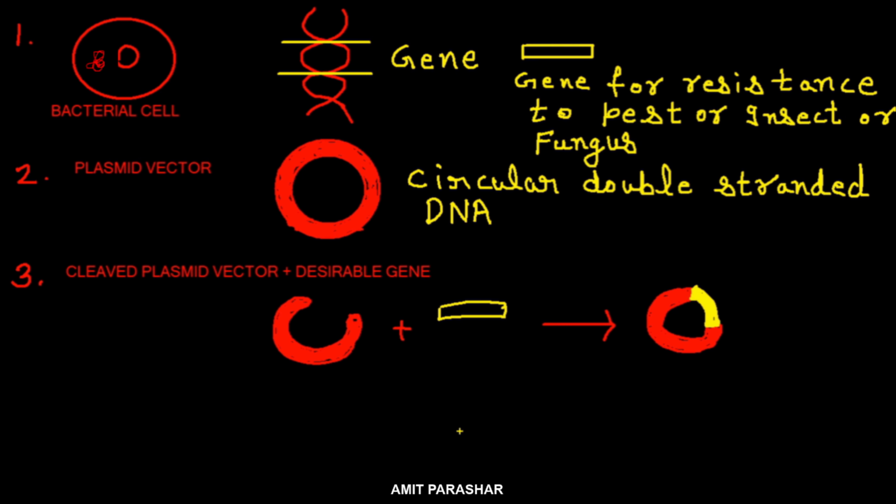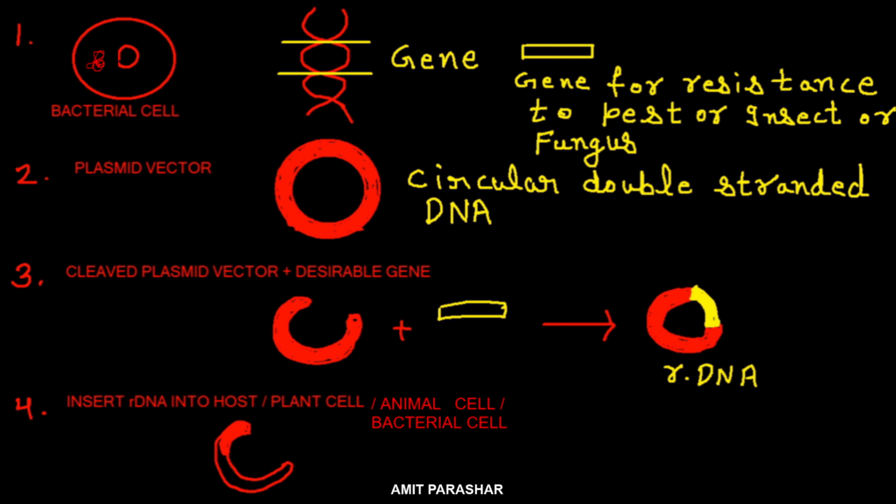Now this recombinant DNA has both sequences, that is, the origin of replication and the desirable gene. We will transfer recombinant DNA into a host cell, which may be a plant cell, bacterial cell or animal cell. With the help of enzyme DNA polymerase of the host cell, recombinant DNA can create multiple copies. Now we can easily get a genetically modified organism which will possess desirable characteristics as it has the desirable gene for it.